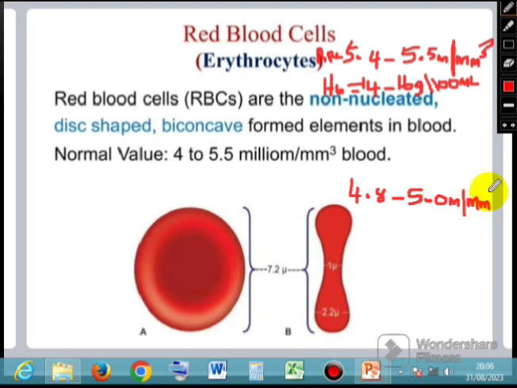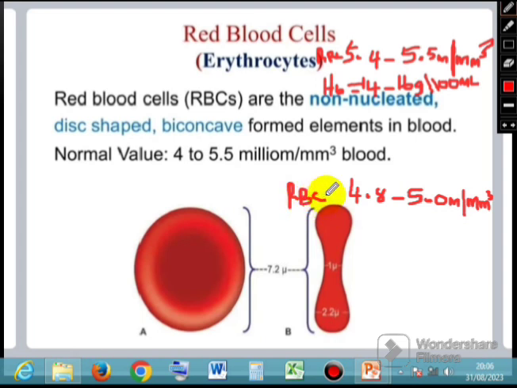Okay, so this is per mm cube. In a healthy adult female, there are about 4.8 to 5.0 million red blood cells per cubic millimeter of blood,